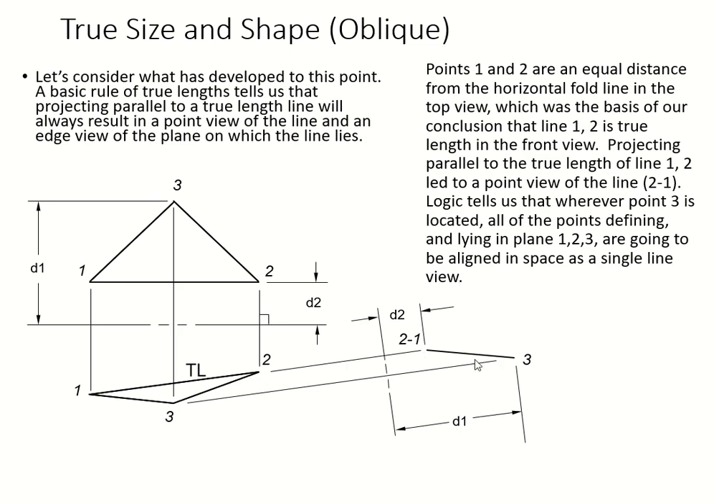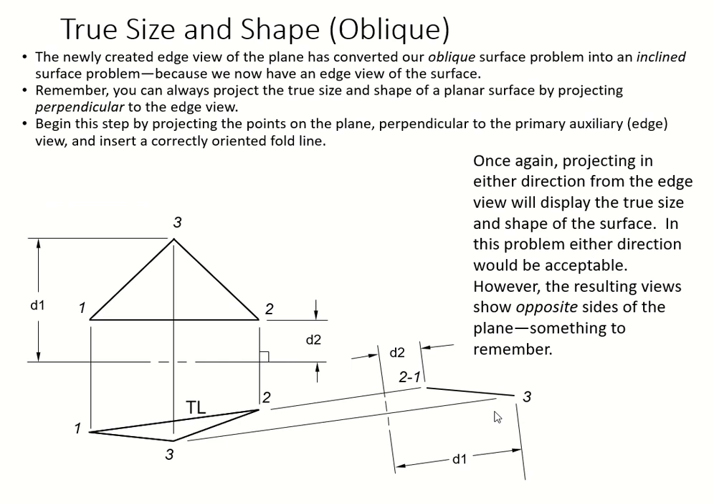Now we got the line here. We keep our dimension D1, D2 here. So what we get is a single line view. Now we're having an edge view here. That's a line. After transferring that perpendicular projector perpendicular to the full line, it will always give you a